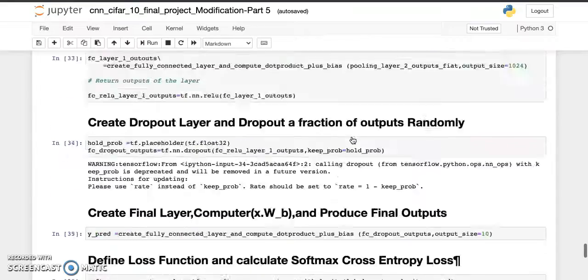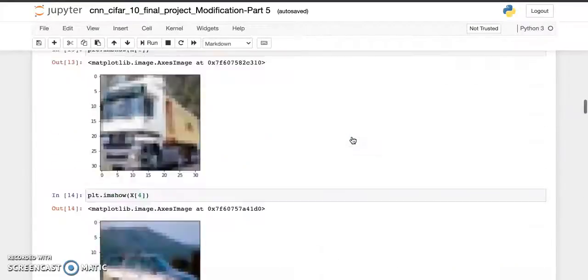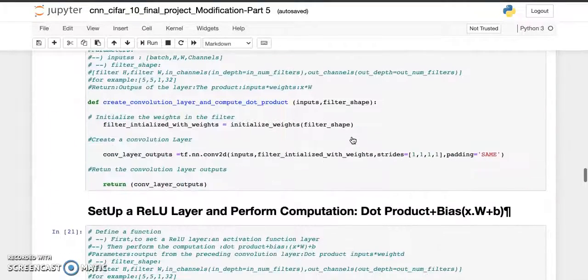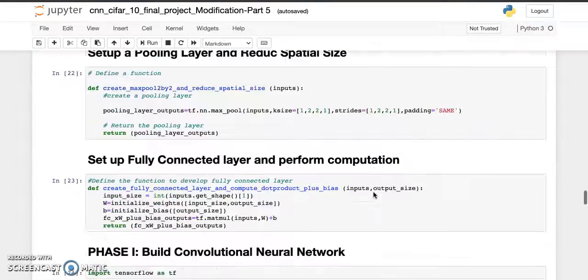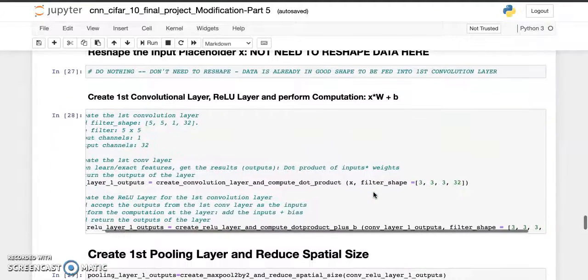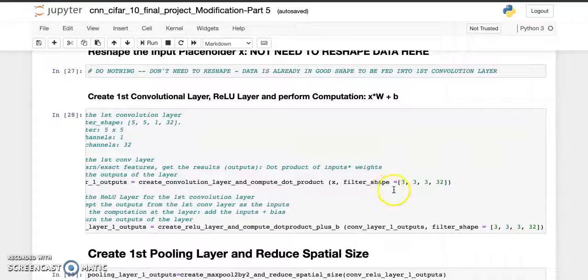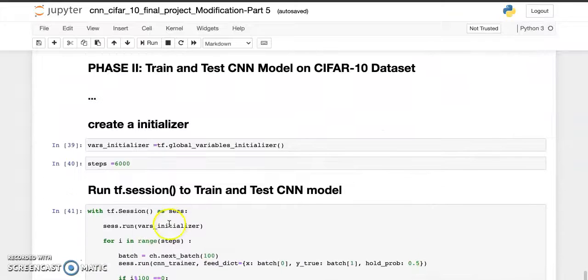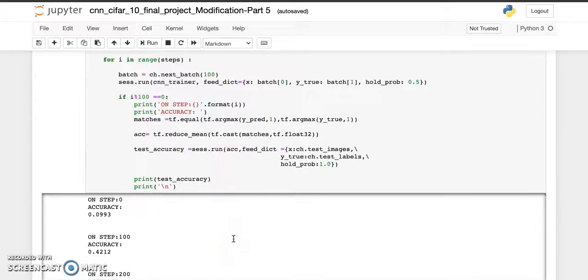Everything was the same. I can show you what I have done. I decreased the filter size to 3 by 3, then increased the steps to 6,000, and then finally